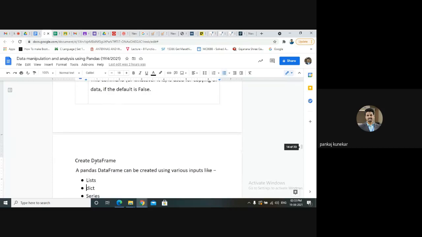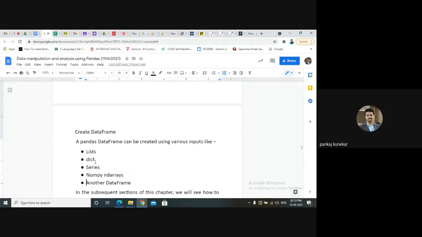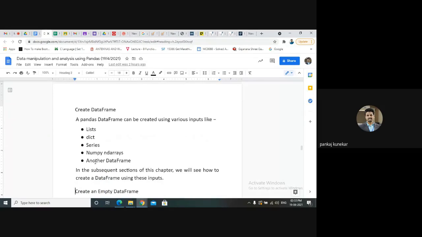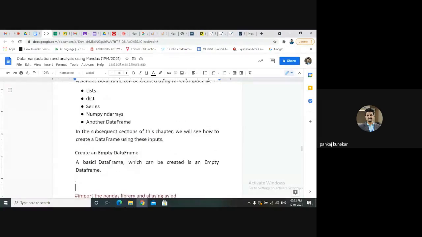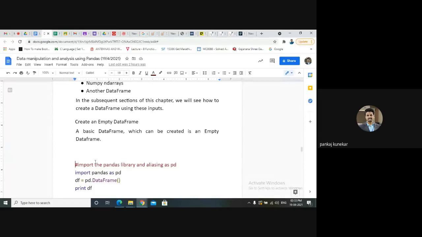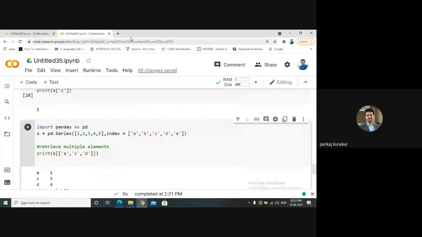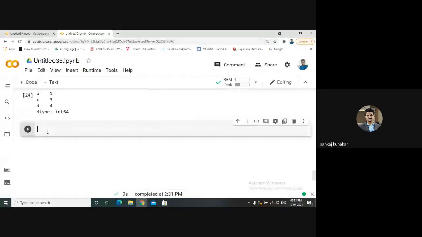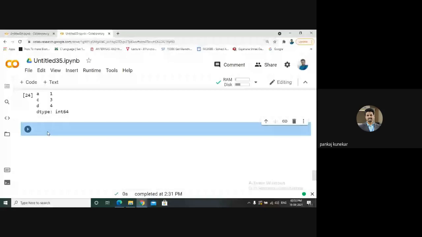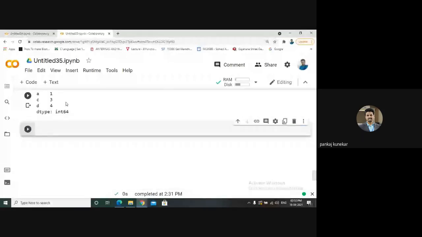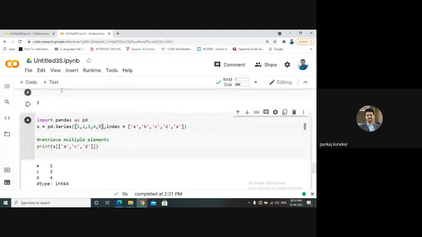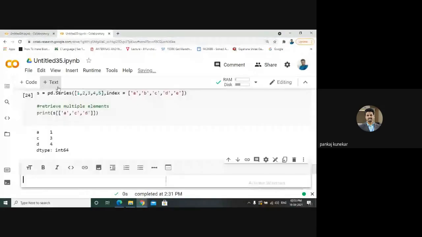So how can we create an empty data frame? We can use a list, dictionary, series, ndarrays, or another data frame as input to the data frame. We'll see how. Okay, so a data frame is like a 2D or tabular structure. The first example is on data frame. Let me first make this one as text: Data frame.